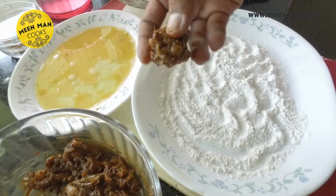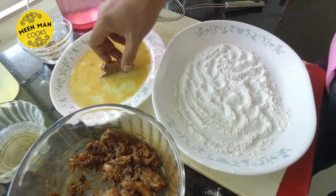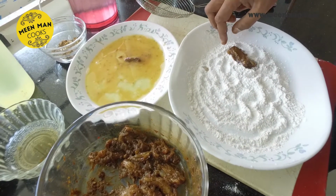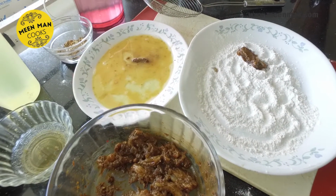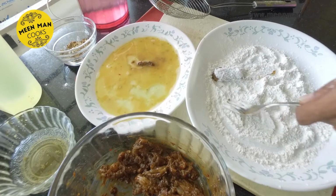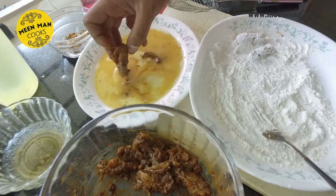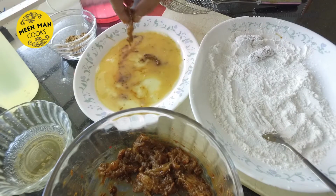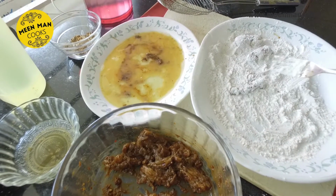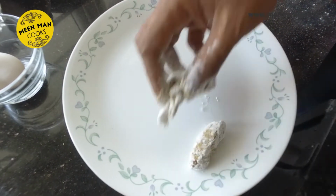Take a fish piece and then dip it in the egg mixture, and then dip it in the flour, and then coat it really well. And another and another, again and again. Follow the same procedure. So let's set this aside. Once it's all done,